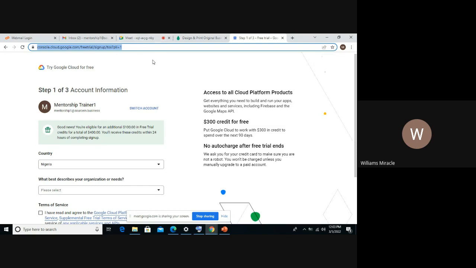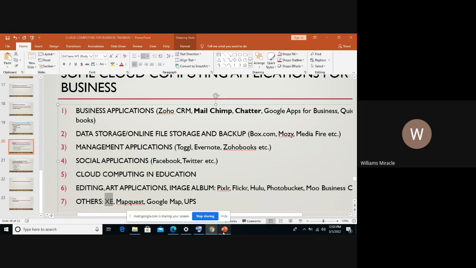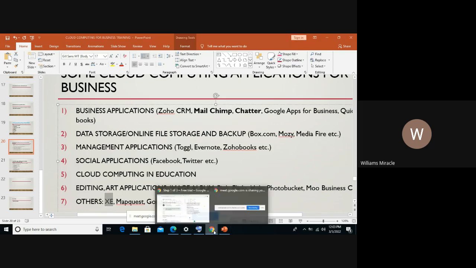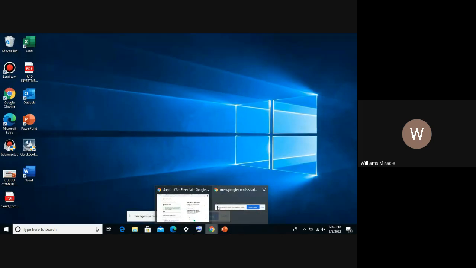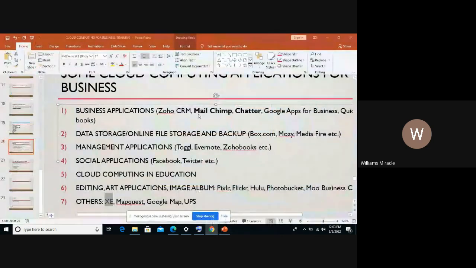For example, this web browser is a good example of the front end. So now we are still on cloud computing applications, some of them, and I was only explaining this just to refresh your memory. So I said we have the XE, which is this. It's a very good tool when it comes to conversion. That's what I myself use, and it gives you up to date conversion rates. So we can come to the browser.